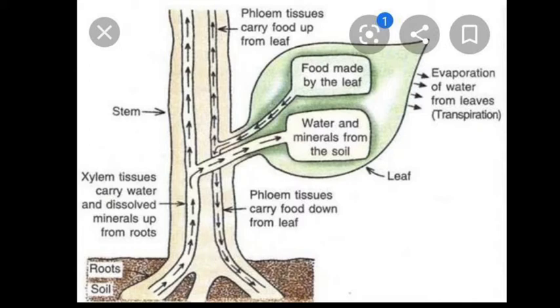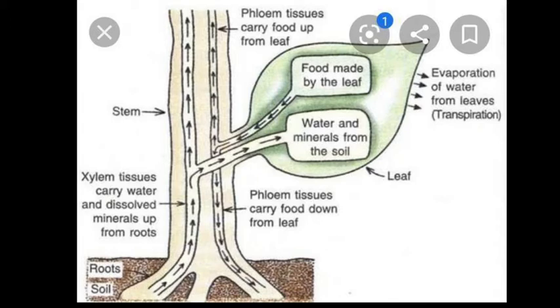Another job of the transport system of a plant is to transport food from the leaves to the other parts of the plant. So plants have two types of conducting tissue, which we also call vascular tissue or vascular bundle, made of xylem and phloem. So beta, the plant has two transport systems, xylem and phloem. Xylem carries water and minerals, and phloem carries the food material the plant makes.